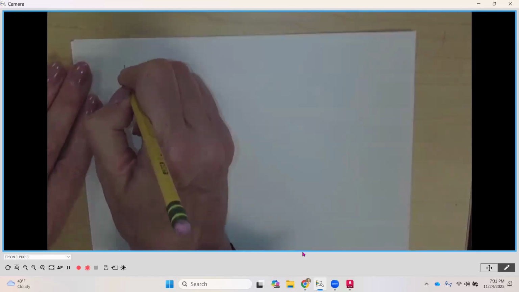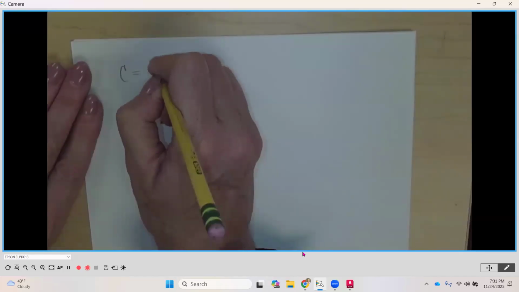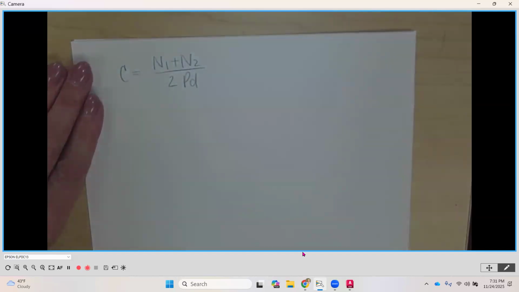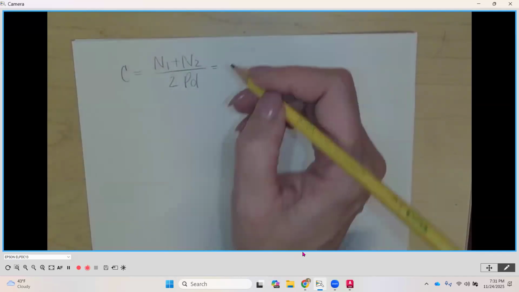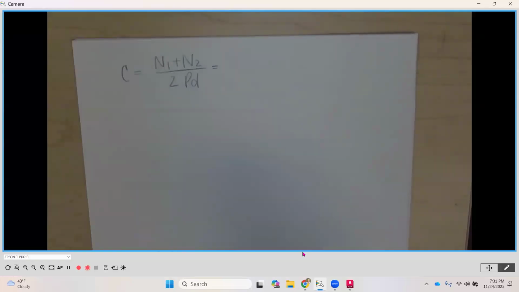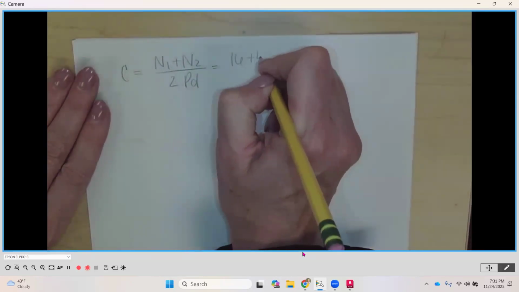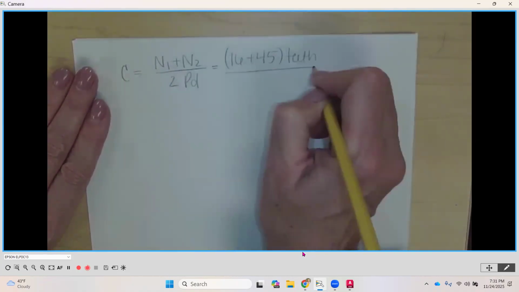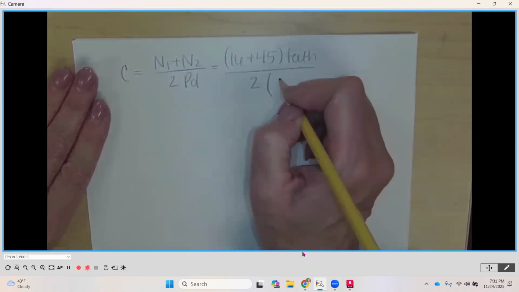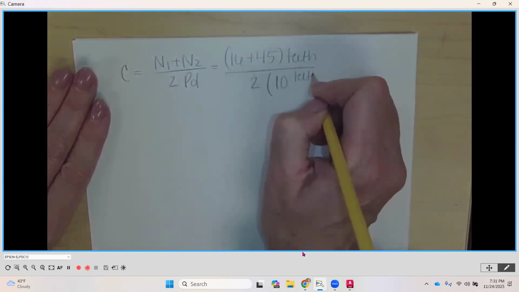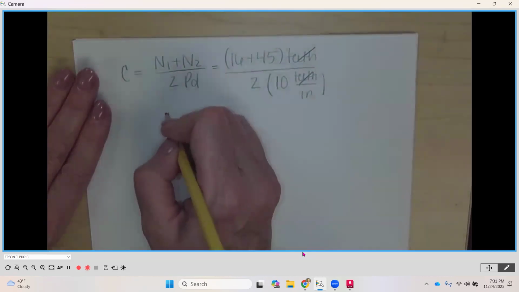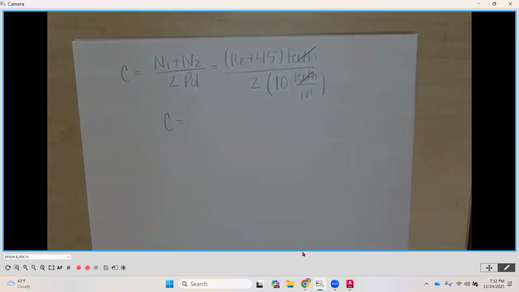So this one is going to be C is equal to N1 plus N2 divided by 2 times the diametral pitch. So go ahead and use the numbers that we just found. So it's going to be 16 and 45 for our number of teeth, divided by 2 times the diametral pitch of 10, which is teeth per inch. So teeth cancel out top to bottom. So our center distance